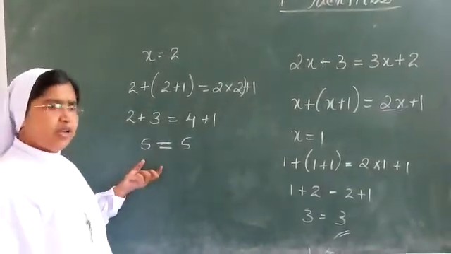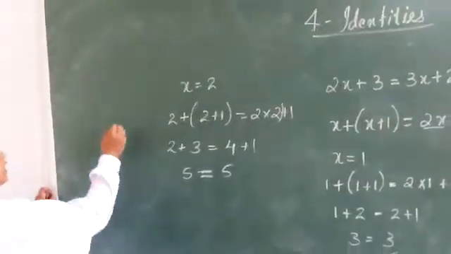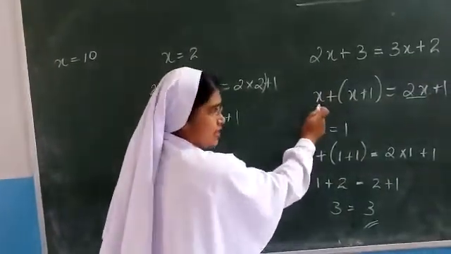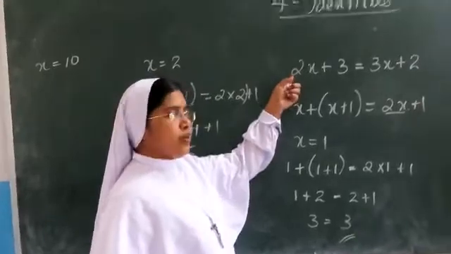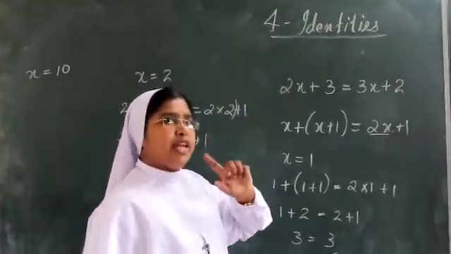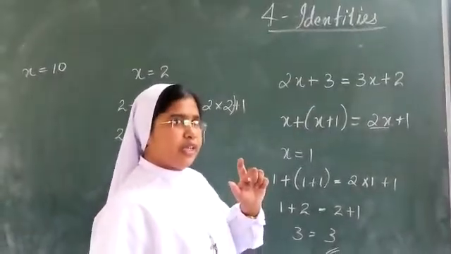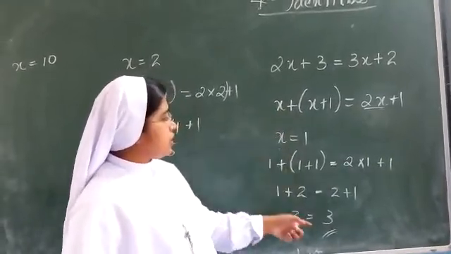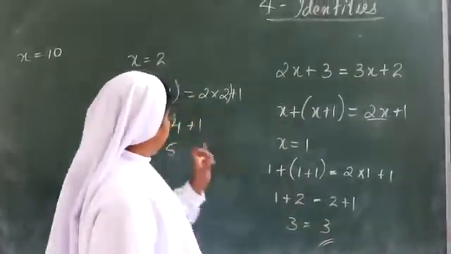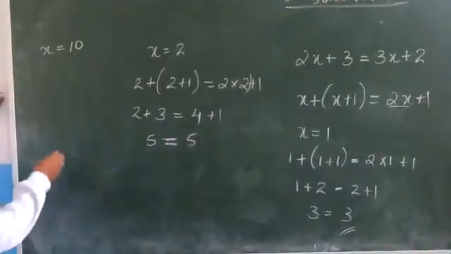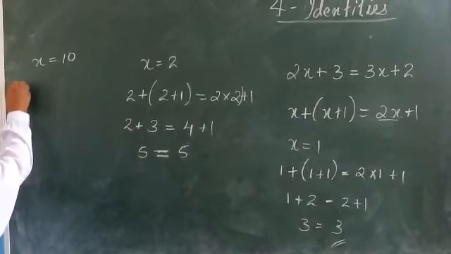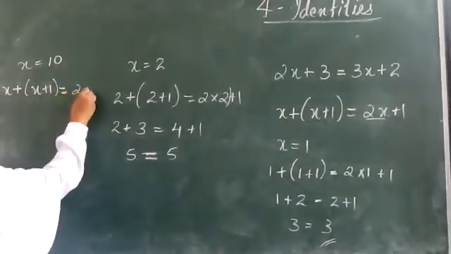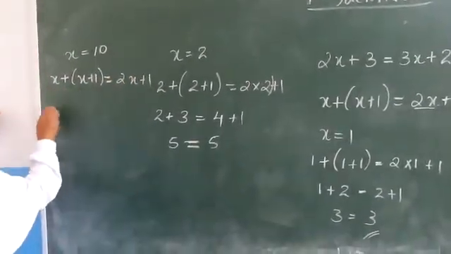So now you put any other value. Now I am going to put maybe x is equal to 10. I am not going to put it for the earlier equation. I am considering this equation. When we considered that particular equation, it was equal only when x was 1. When we took the value x is equal to 1, it was okay. But here, with any other value of x also, LHS is equal to RHS. Here also it is equal. Now I am going to put x is equal to 10. So how will I put? This is the equation, you have to keep in mind, x plus 1 is equal to 2x plus 1. So here I am going to put 10.